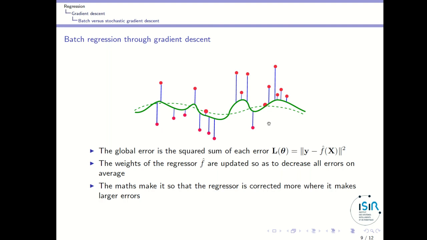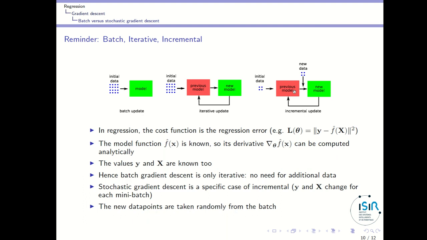Okay, and then at the second iteration, I will go even closer, and so on and so on. And one of the potential issues will be to go too close to the points and to finally get what is known as overfitting. Okay, but I won't explain overfitting here. I will keep this for next class. Here what I want to explain to you is that there are different techniques to perform regression. There is batch regression, iterative regression, and incremental regression.